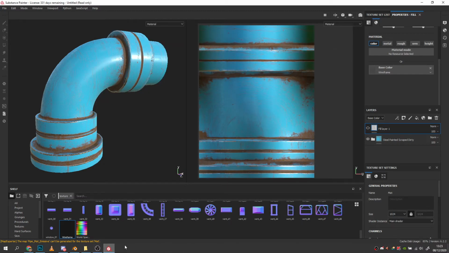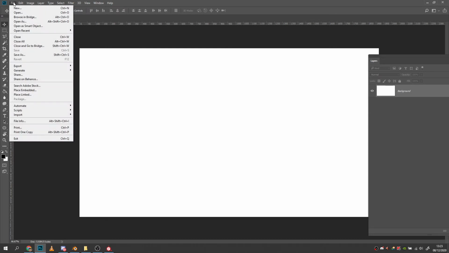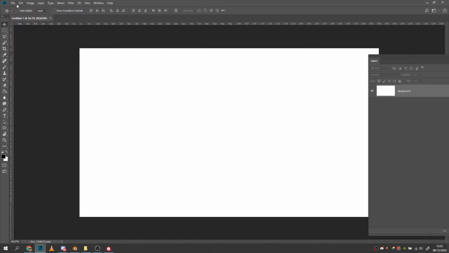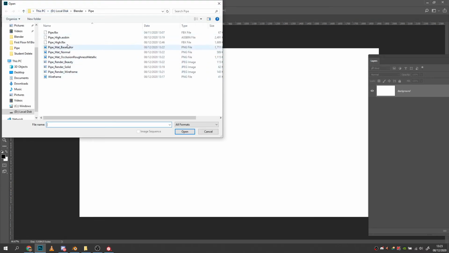Cool. So we're done inside Substance Painter, and we're done inside Blender. We're now going to go to Photoshop, and in here you just want a nice 1080 image that will be full screen on any PC monitor, and then we're going to go and open our render. So we've got a base color, our normal, our roughness, etc. We also want our beauty, solid, and wireframe renders. So I'm going to open all of those,